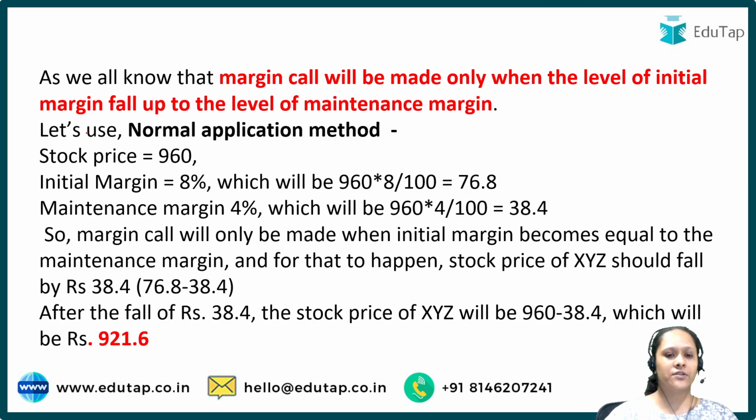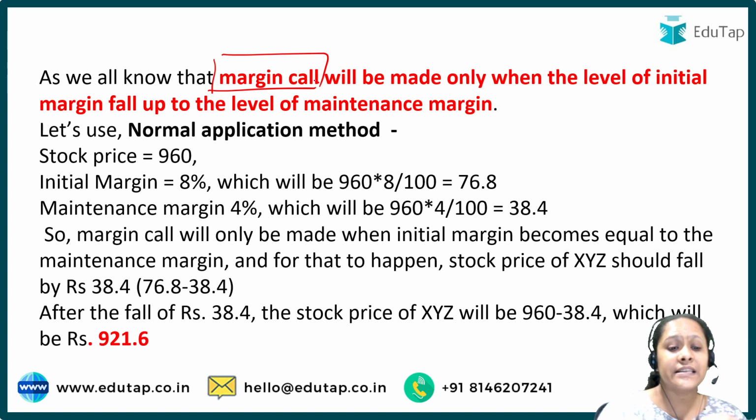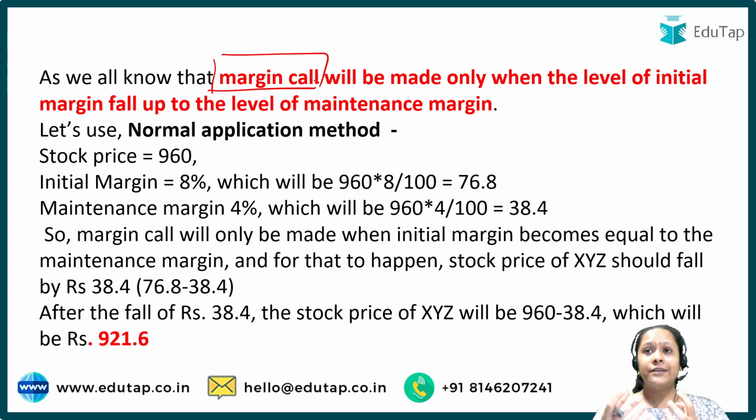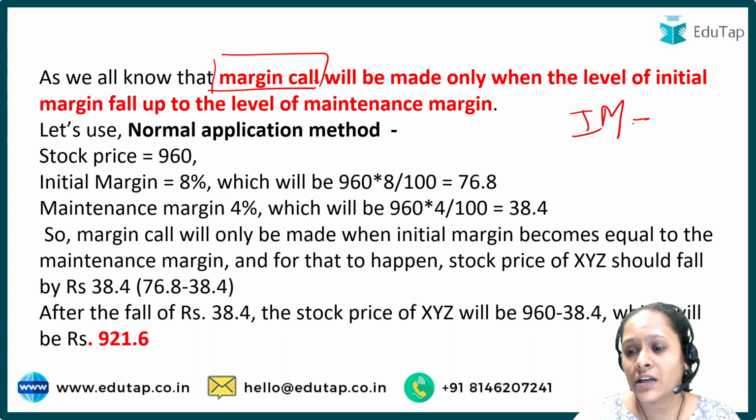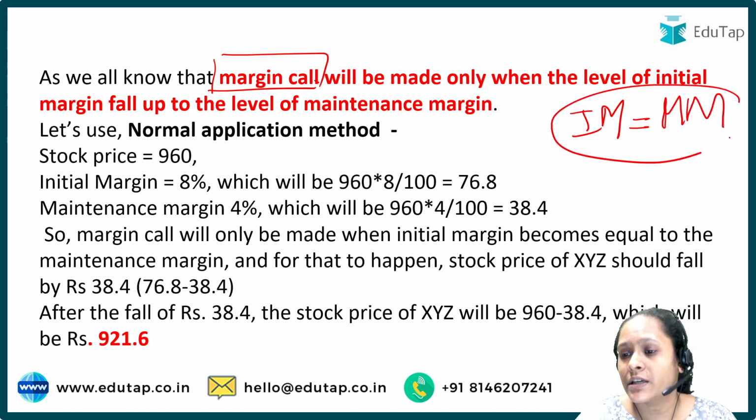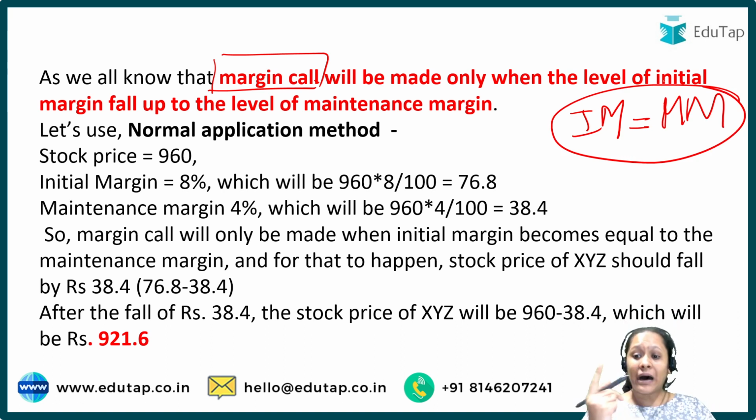लेट्स सी हाउ डू वी सॉल्व दिस क्वेश्चन। सबसे पहले यू नीड टू अंडरस्टैंड व्हेन इज द मार्जिन कॉल मेड। एज आई सेड, व्हेन द वैल्यू गोज बिलो द मेंटेनेंस मार्जिन, ठीक है। या इन सिंपल टर्म्स आप कहो कि व्हेन द लेवल ऑफ इनिशियल मार्जिन बिकम्स इक्वल टू द मेंटेनेंस मार्जिन। इनिशियल मार्जिन डिपॉजिट किया था, जब वो इक्वल हो जाएगा आपके मेंटेनेंस मार्जिन से, तब एक्सचेंज मार्जिन कॉल करती है।